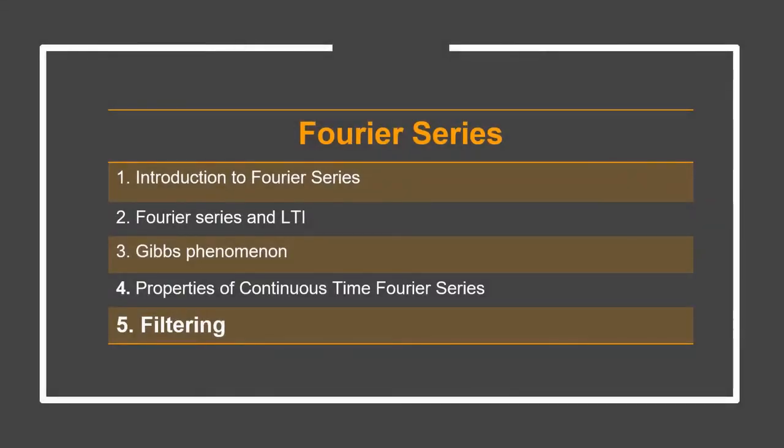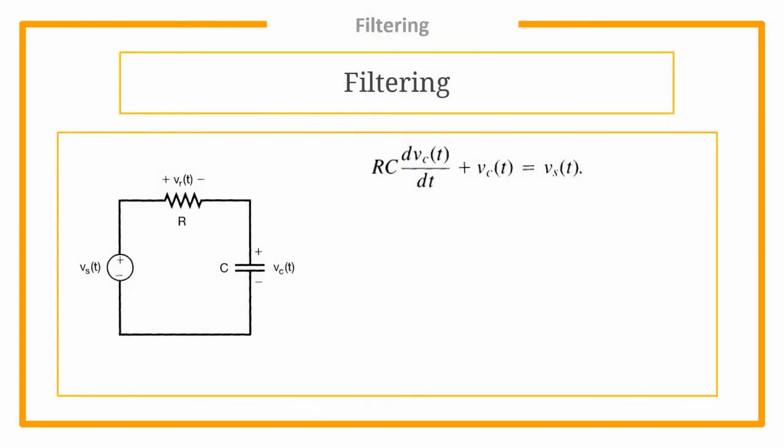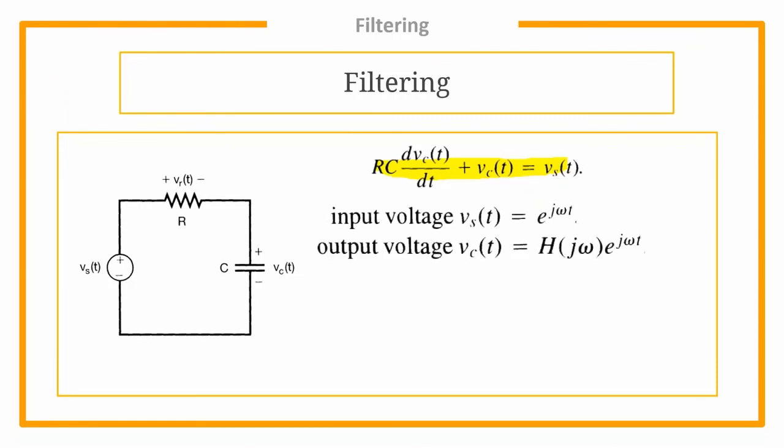Our next subsection is filtering. Let's understand the concept of filtering with an example. Think about an RC circuit. Well, this differential equation represents the RC circuit system. For the input voltage Vs given by this expression and the output we find as this expression,